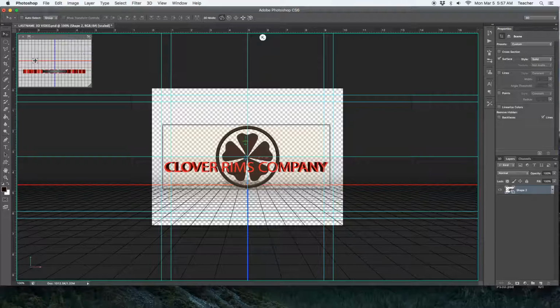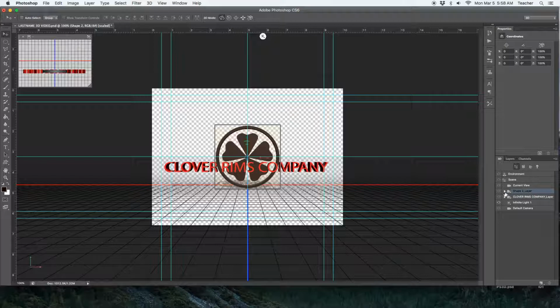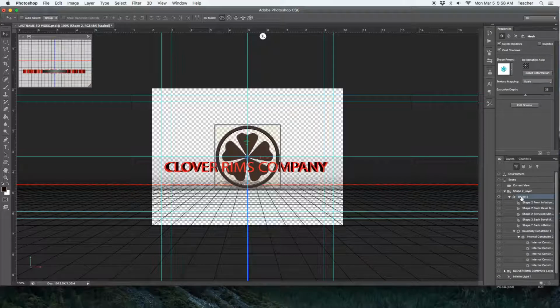Now if you look at it in the secondary view here at the top, they're right on top of each other. And what I want is for the logo to be behind the text a little bit. So right now it's right on top of each other. So I'm going to go to my 3D panel here, and I'm looking for the one that says Shape, which is this layer right here. I'm going to select that particular layer, the 3D object layer,